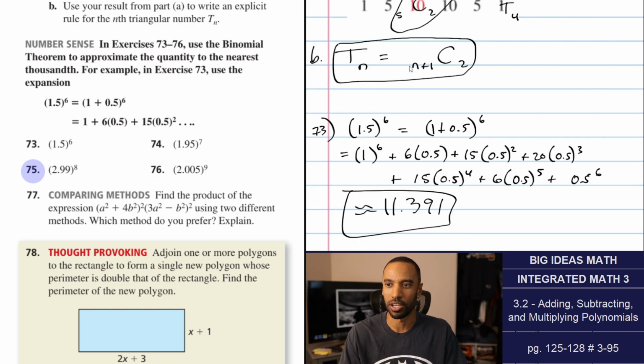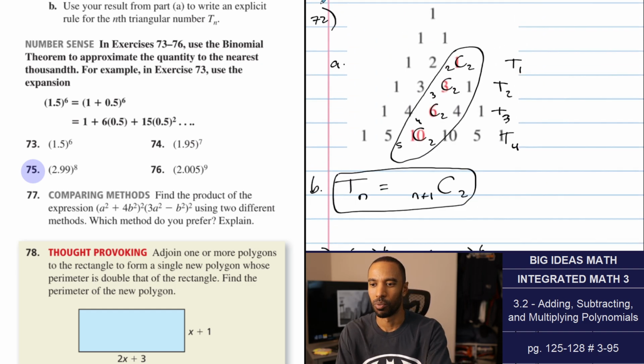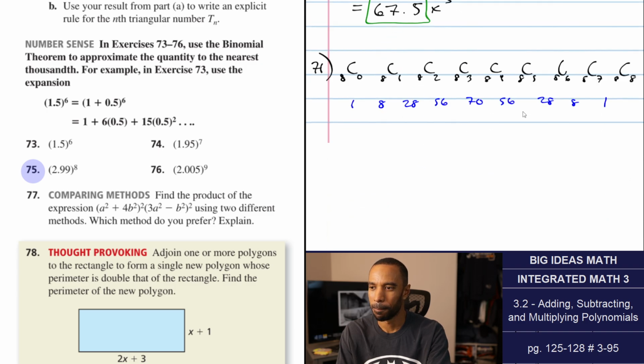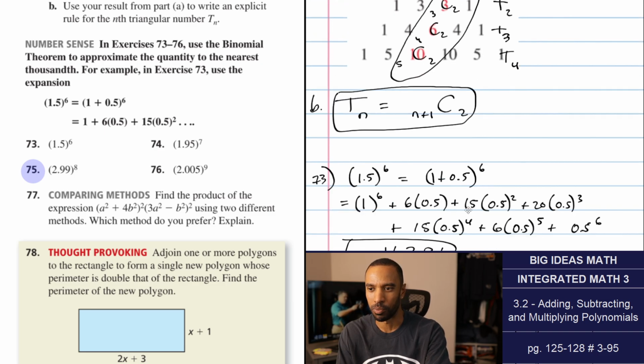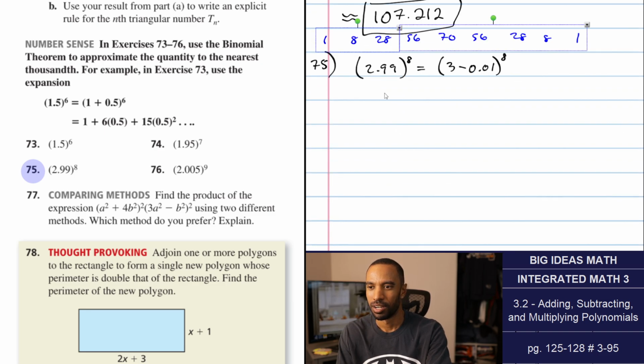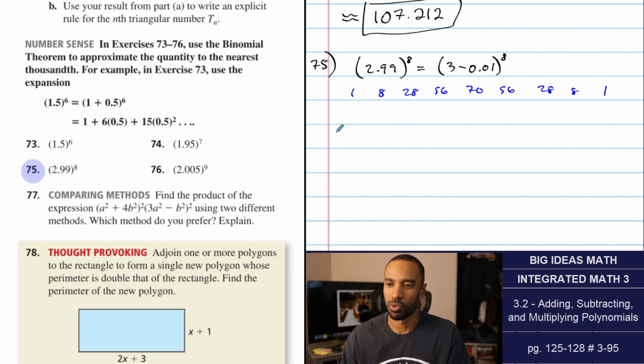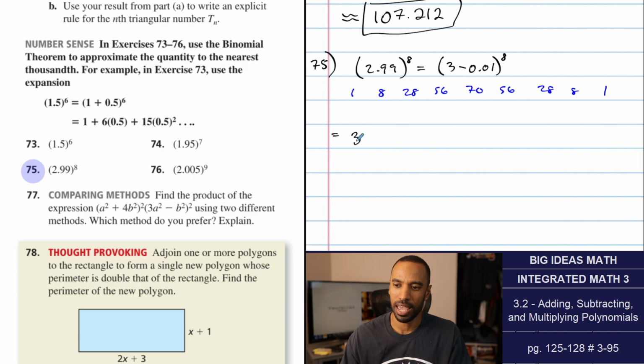Now, the only problem is 3 is going to have to be involved with all these. And in Pascal's triangle, we just saw those 8s. Where are they? I need these numbers here. I'm going to need 9 afterward. I know I built that somewhere. All right. So here's this guy. Okay. So this is going to be 3 to the 8th